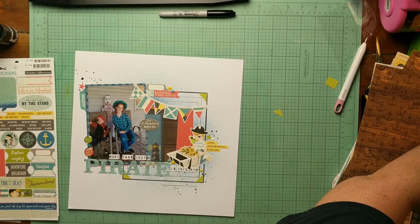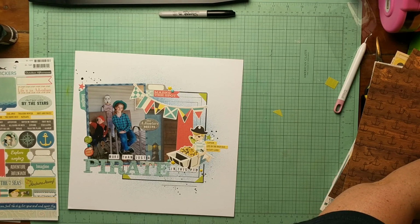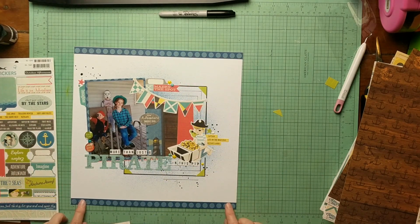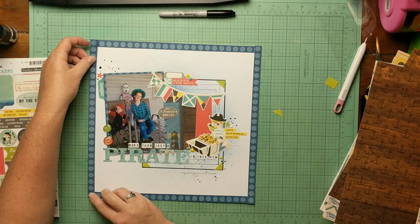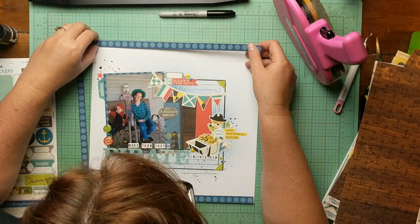So now I decide I need a frame around this, and I do need a frame around this. But I was very reluctant to cut into another sheet of treasure maps, so I end up going to the same paper that I used to mat my photo, and I put strips around the edge. And I did have to do a little finagling there with my trimmer to make sure that I cut a row of dots,